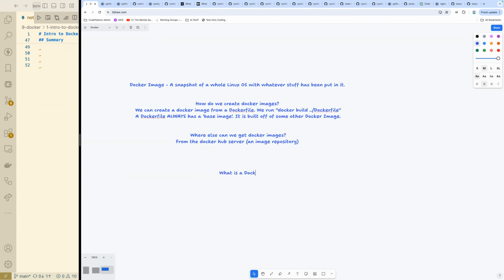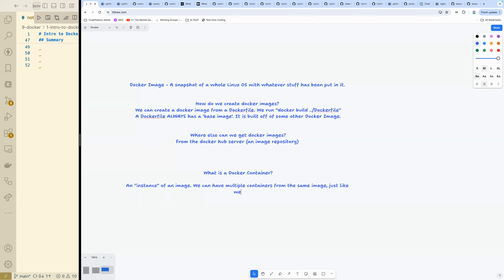What is a Docker container? And this one is a little trickier, and I'll be honest, I might reach to ChatGPT to help with the description. What's the difference between a container and an image? Brian, yes, sir. Is it kind of like an instance of an image? I mean, if an image is kind of like a class definition, you're instantiating it, and you can do that multiple times. Yeah, I think that's a very good analogy. We can have multiple containers from the same image,